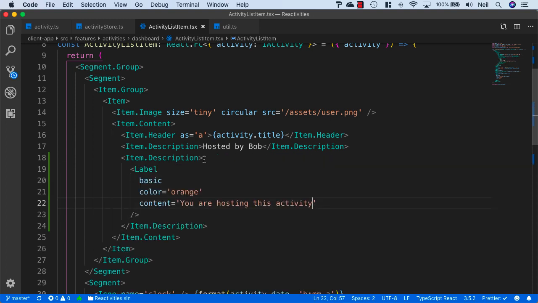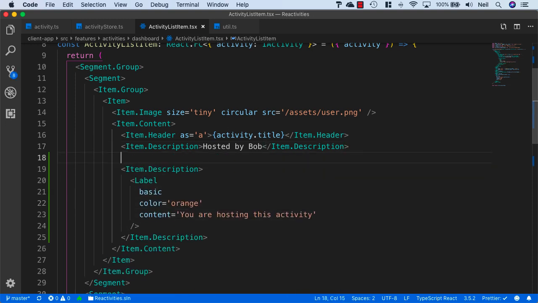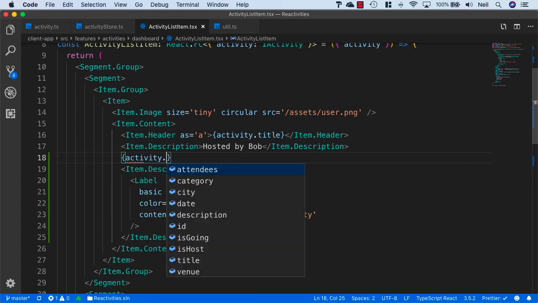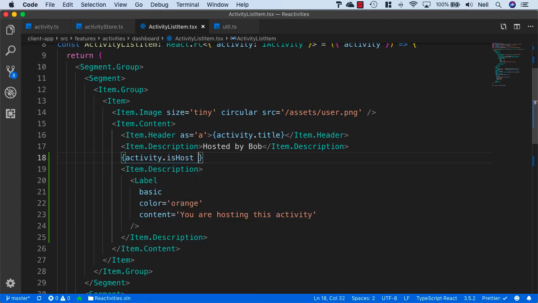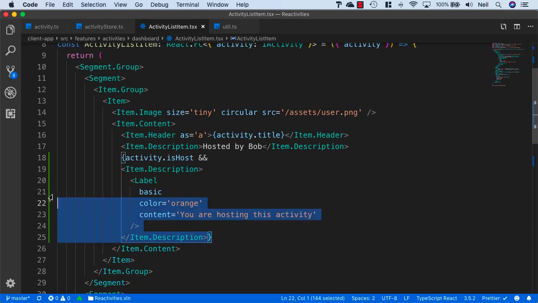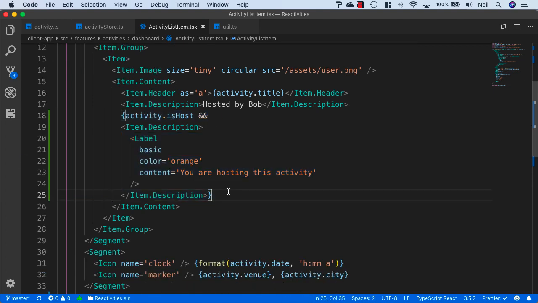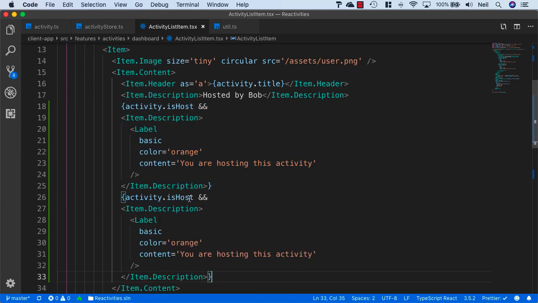And just reformat this, and what I'll do is just surround this with activity.isHost and then I'll end it after this,